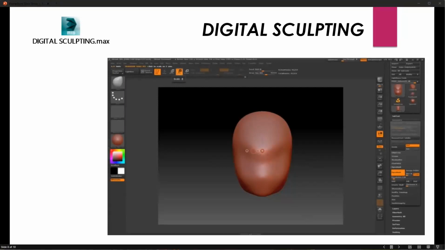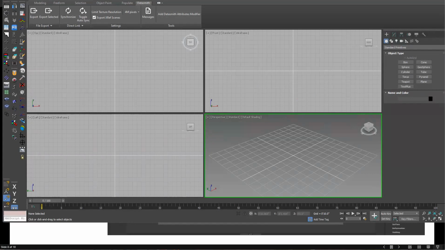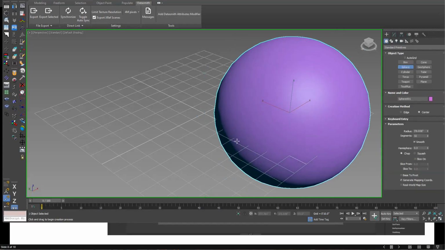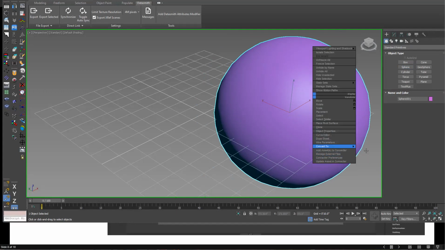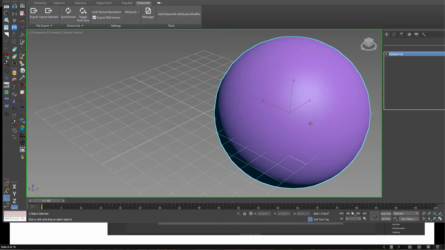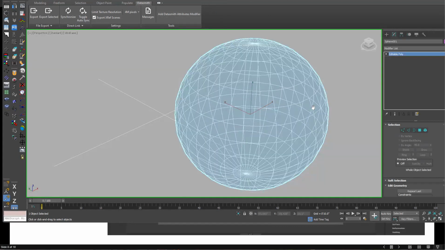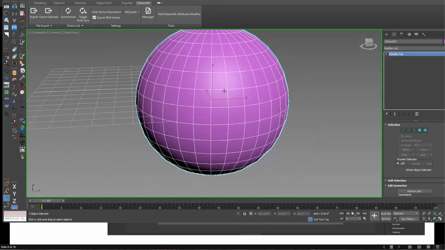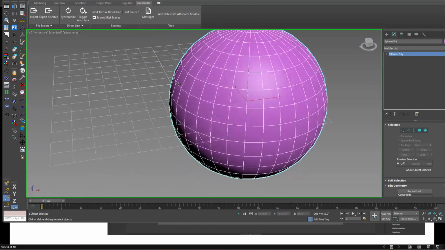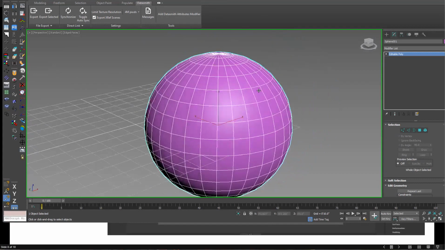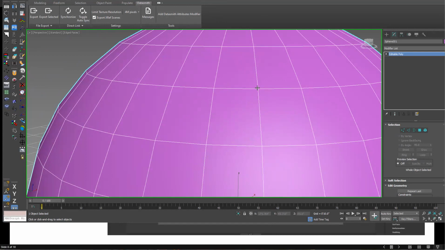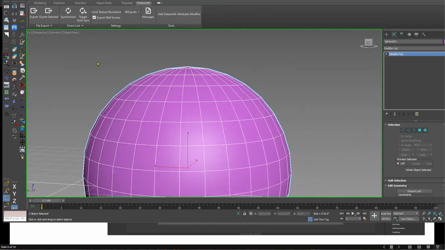But essentially, if you have a shape like this, which is a sphere, and you can see the sphere is made up of these points, right? So they're made up of vertices,